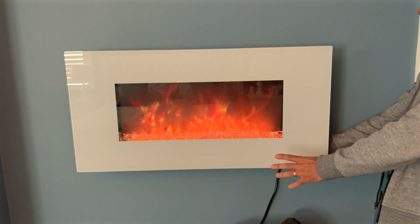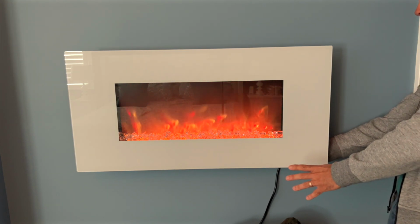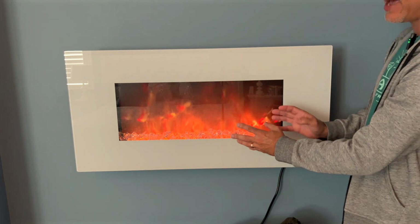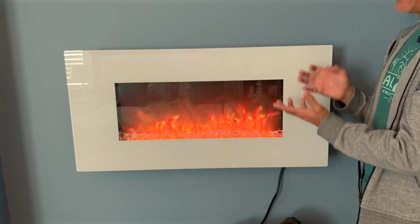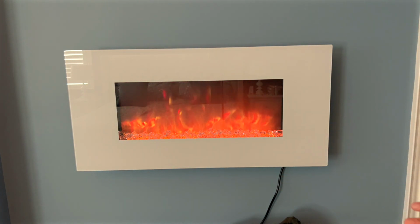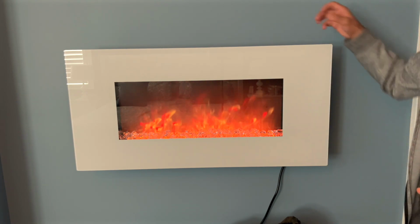Again, I could have this just as a... I'm going to turn off the heat, for example, just right now, and boom, the heat is off now. So of course I could have it just as a visual appeal or a visual set, or I can have it functional like a real fireplace. It's absolutely gorgeous. It is a beautiful white frame, and the front is glass as well,